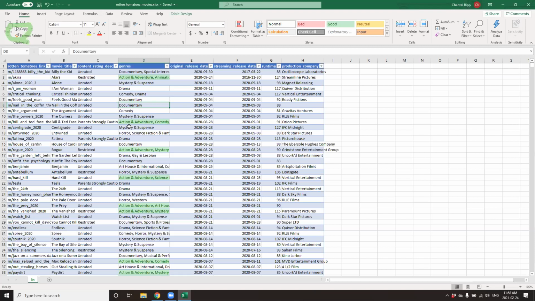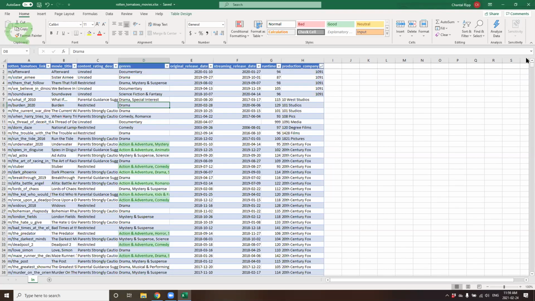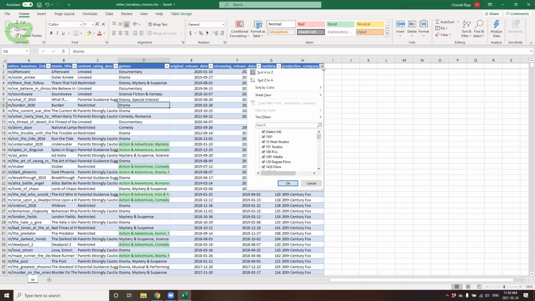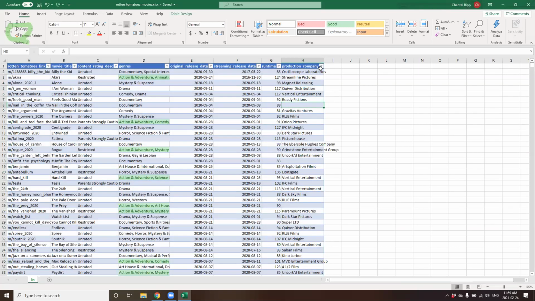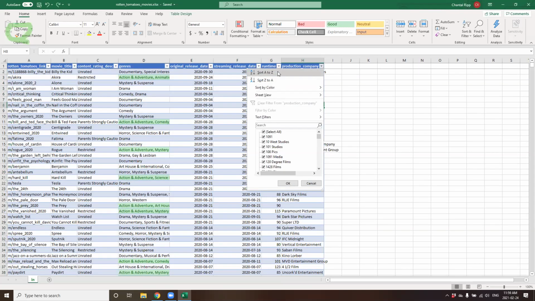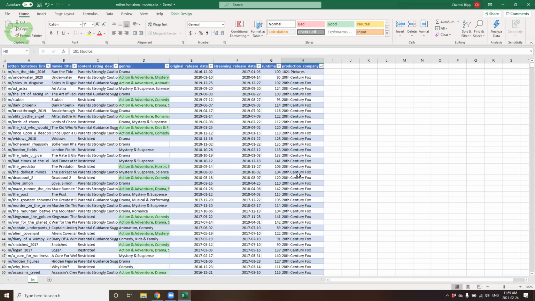Now, one thing I wanted to highlight is I'm going to do a sort, and a sort is another function where it will sort your data either from A to Z, or if it was a time series, longest to shortest, newest to oldest. But when there is a break in your data, a blank in your cell, it will actually affect your sorting feature.